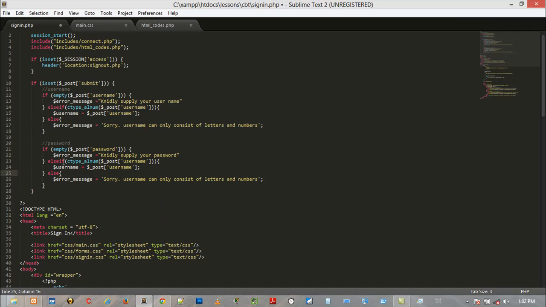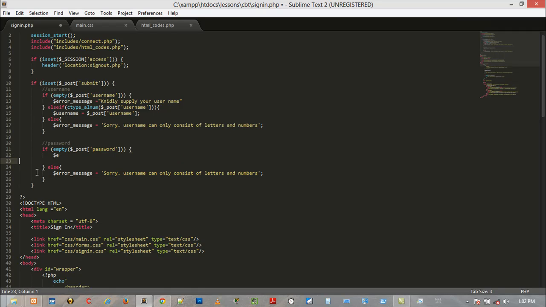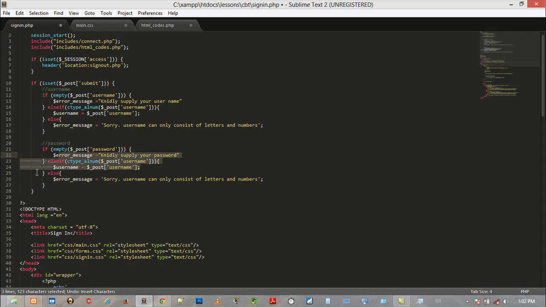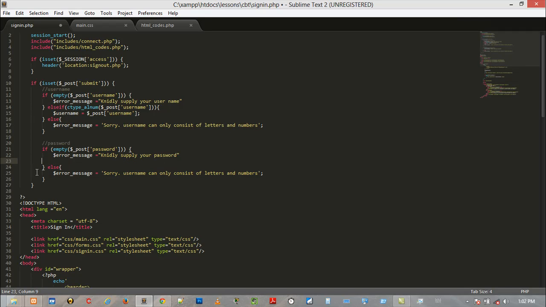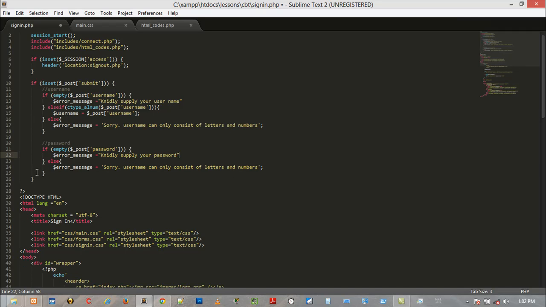Then we won't be needing the whole of this block. Okay, should end on a semicolon. Else,